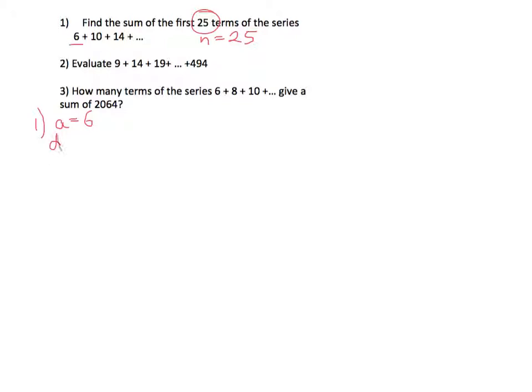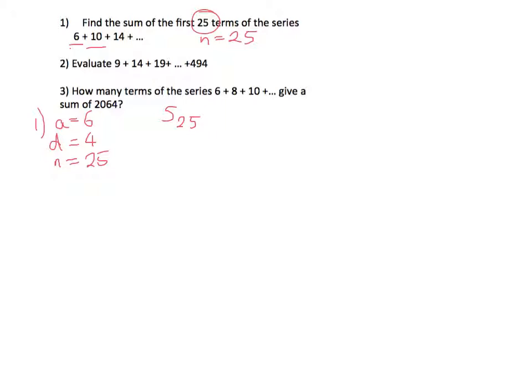The common difference is 10 minus 6, which is 4. And we just said before that n is 25. So using our formula, we want to find the sum of 25 terms, which is given the notation S with a little subscript 25. So we do not have the last term there, so we're going to use the formula